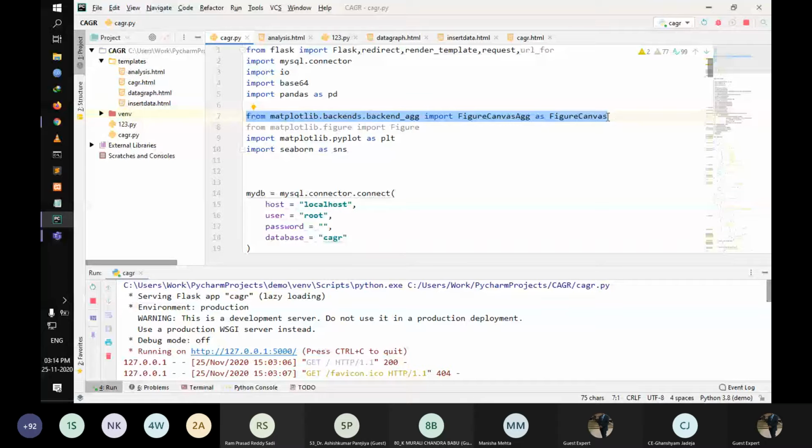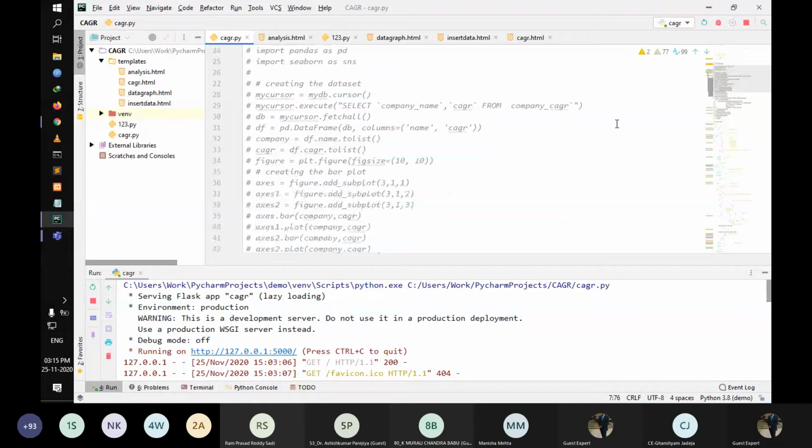We are also using base64, and this is from the Matplotlib backend: backend agg import figure canvas agg as figure canvas. This is the one we are using.